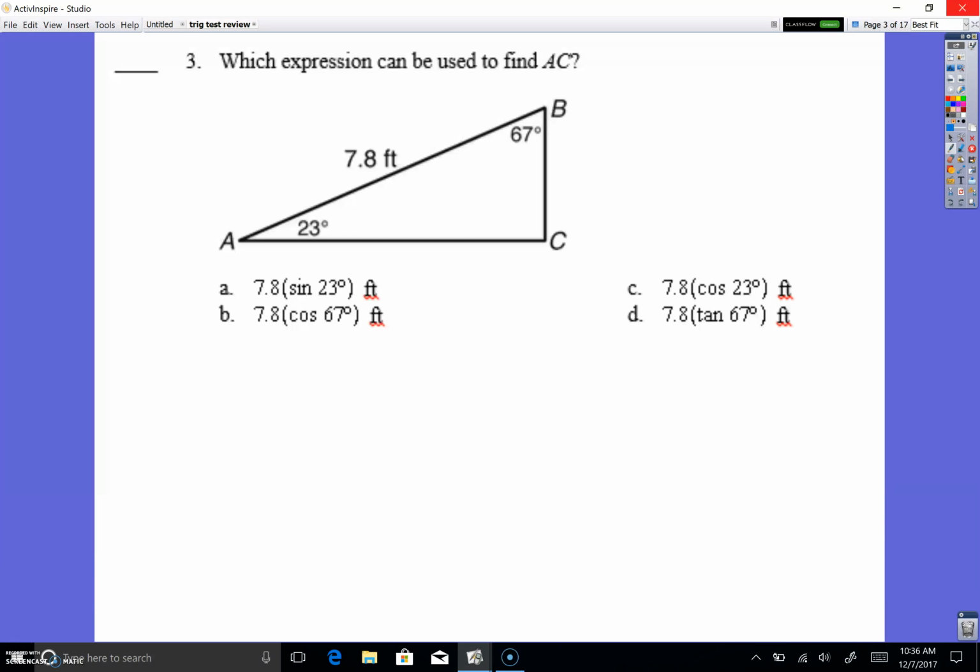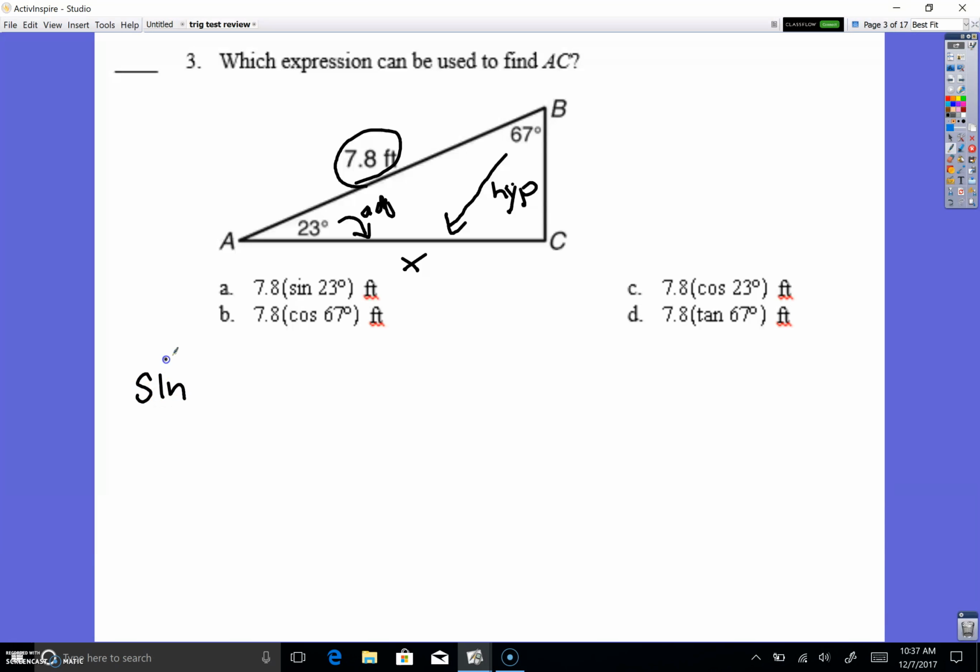To find AC. AC is right here, so I'm going to put an X here, okay? So if you look at it, from here, this is adjacent. I have the hypotenuse, okay? And this is opposite, okay? So this one is the adjacent, this one's hypotenuse. Okay, so I'm going to do both of them, okay? So I'm going to do